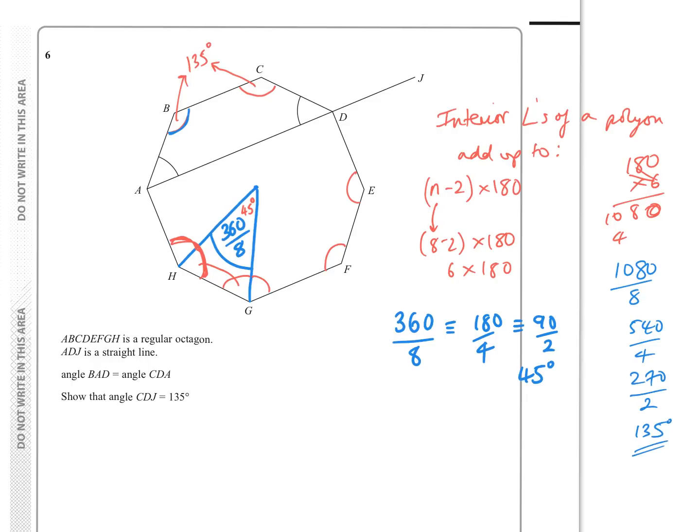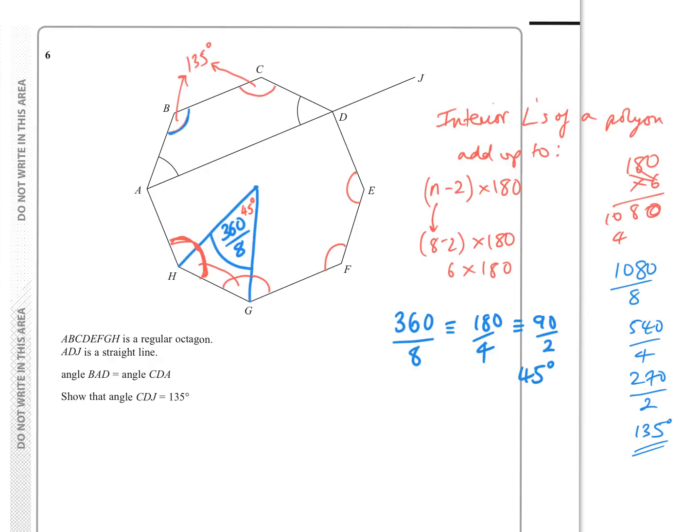So I just wanted to explain that a little bit, because some people think, well, I'm just going to use the formula, and some people might just want to use the centre angle and deduce it from the isosceles triangle they've created. So we know that ADJ is a straight line, and we're told that angle BAD, this one here, and angle CDA, i.e. this one, are the same,